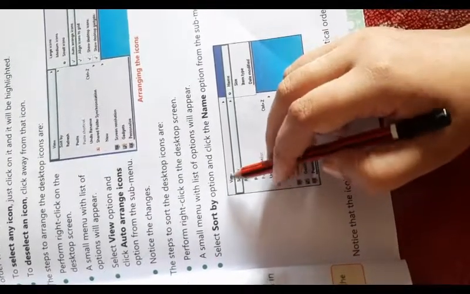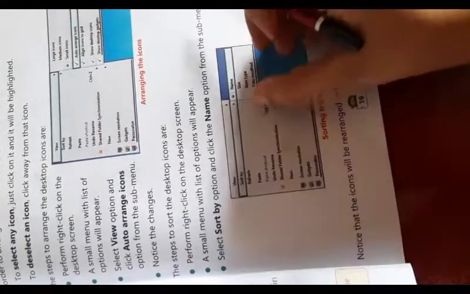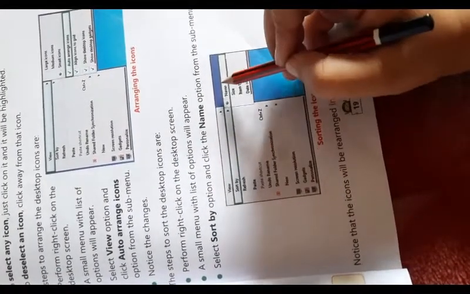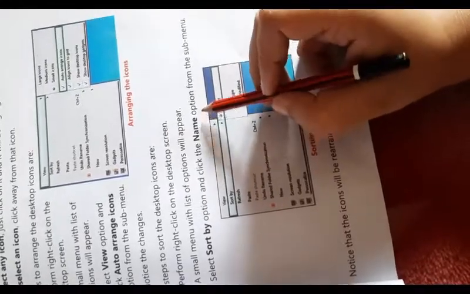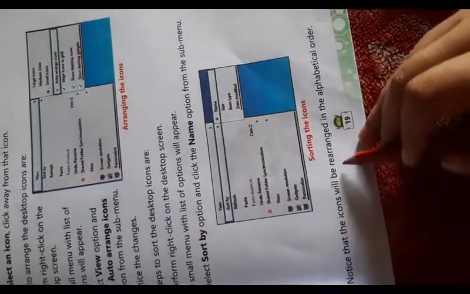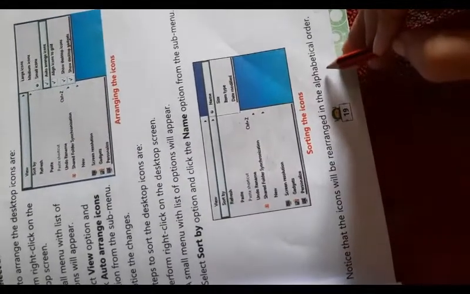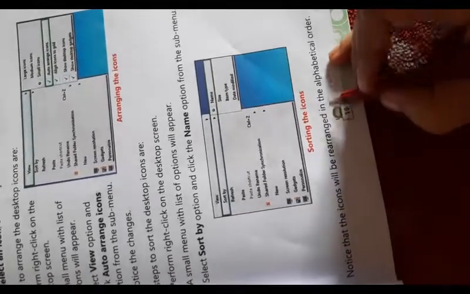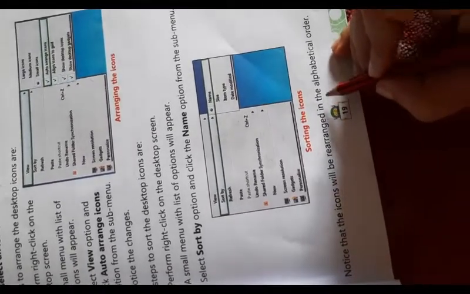The second list will appear. In that you have to click on name, the first option from the submenu. Then you see the icons are rearranged in alphabetical order.